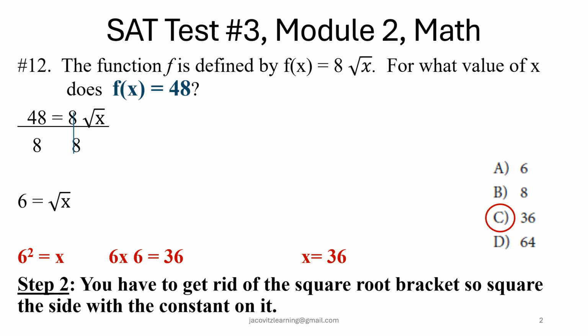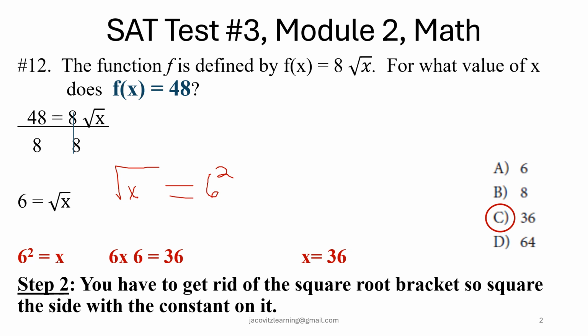Now you are throwing this over to the other side. And when you want to get rid of a square root of an unknown, for this practice only, it's going to become 6 squared. Now, you don't see 6 squared over here, you see 6, so be careful, because this is your distractor. A lot of people are going to choose A because they're going to say that's what it was. That's not the right answer,